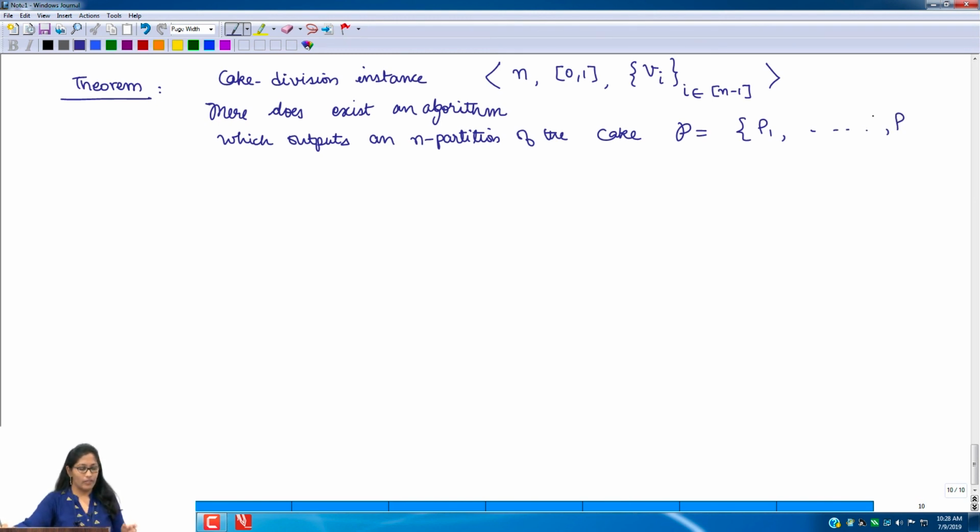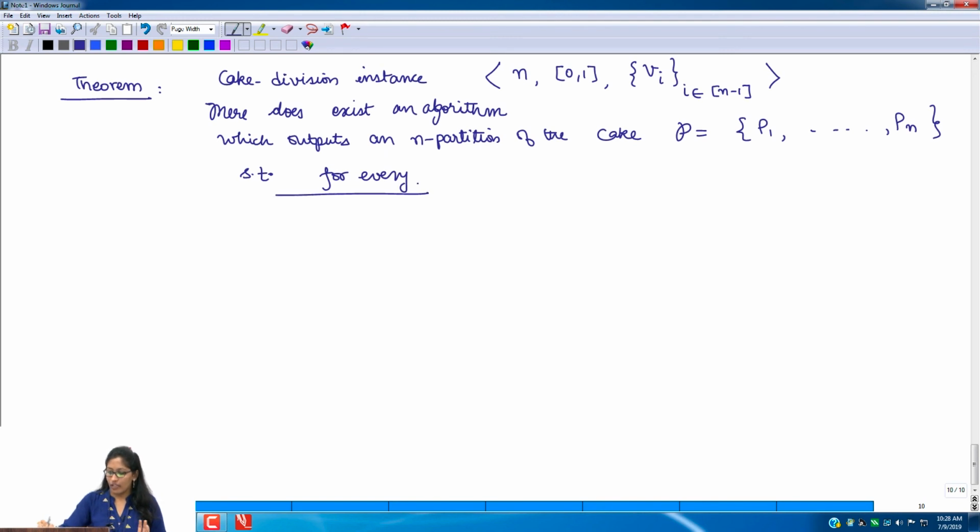That is again clear since we did a moving knife procedure and we made n minus 1 cuts, and therefore the partition is a contiguous cake cut for the instance. So which outputs an n partition of the cake such that for every choice, I am again emphasizing, for every choice of the secretive agent pk, where he can literally pick any piece because he just comes in, picks it and goes away. So for every choice pk,